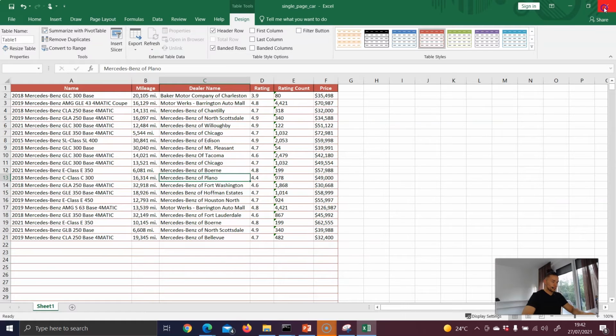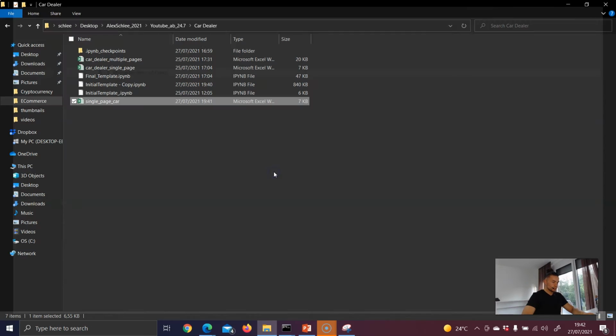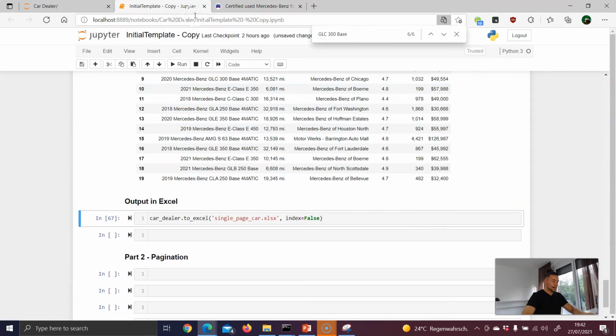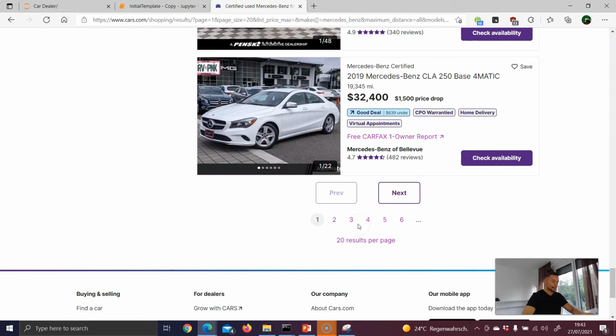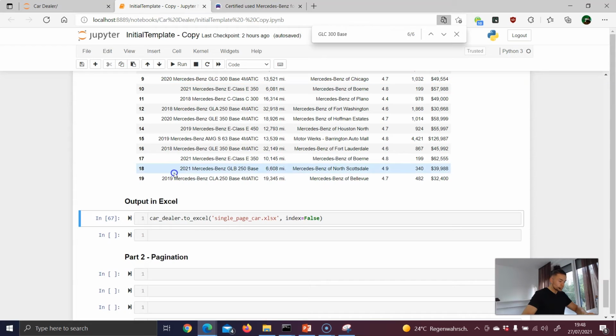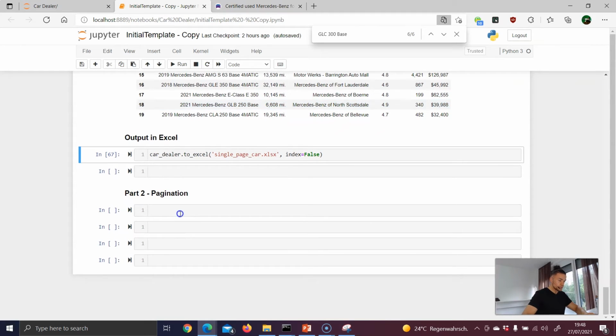So close the Excel file. Yeah, I can save it. Okay, minimize it, and now let's concentrate on getting the results of several pages and not just the first one. So in order to be able to scrape data from multiple pages, we just should do a few modifications to our existing code. That means here I will start everything from scratch. That doesn't mean actually that I start from the very beginning. That means we can actually separate part 1 from part 2. Okay, so this is it. The whole